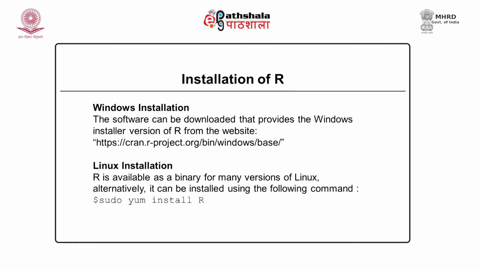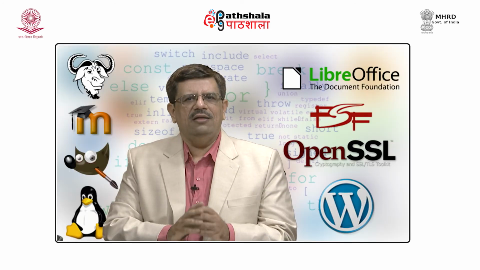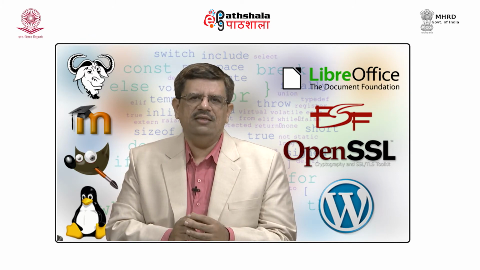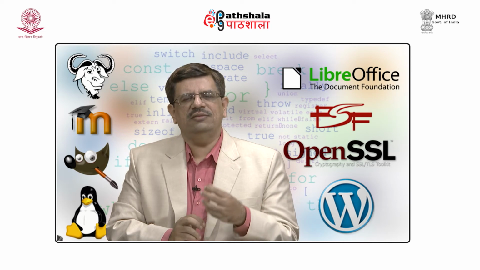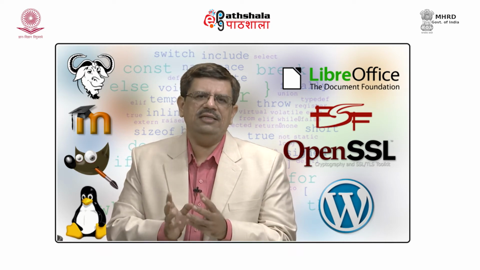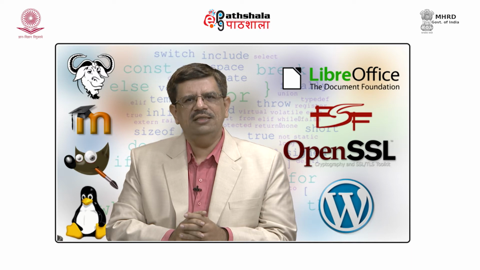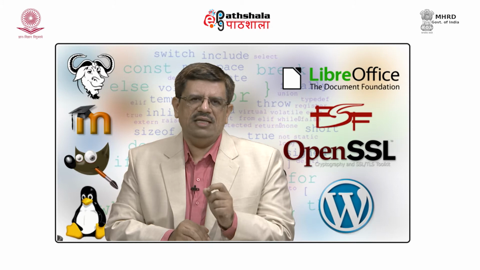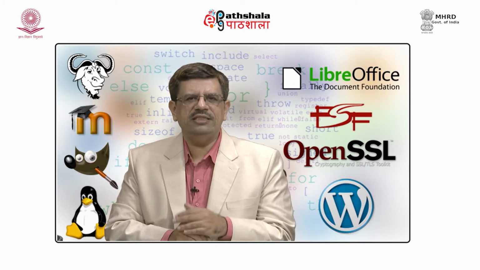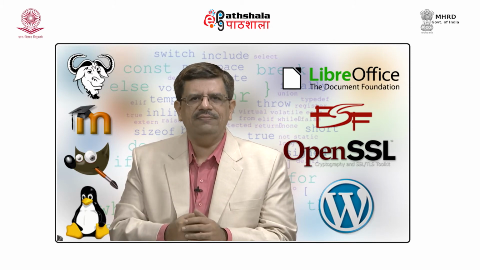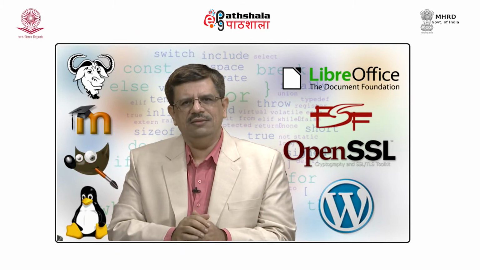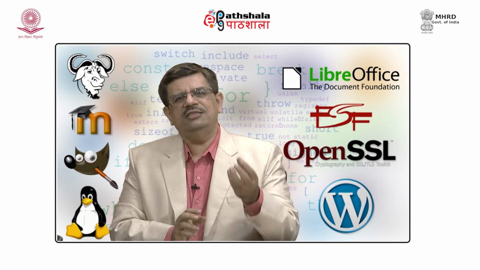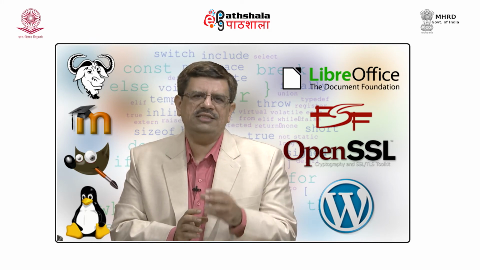Let us see how to install R. R is provided and supported by various operating systems. It can be supported on Windows, on Mac, and on Linux as well. For Windows, you can visit the website. The Windows binaries can be downloaded, either 32-bit or 64-bit. We can download the binary and simply install R. Now, installing R does not imply that we will also install R Studio. R Studio has to be installed separately.